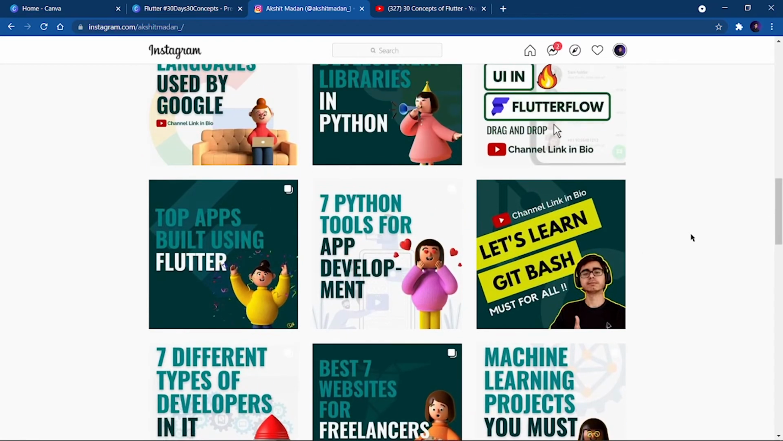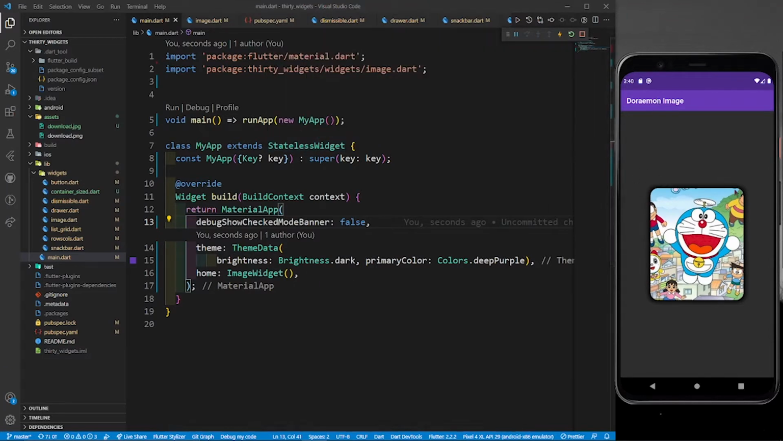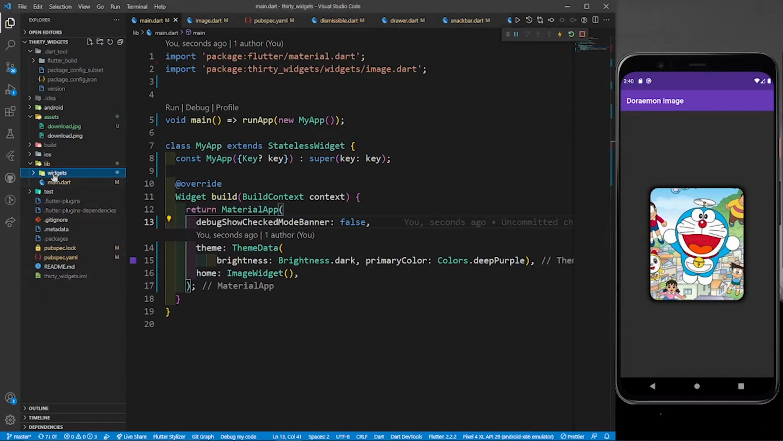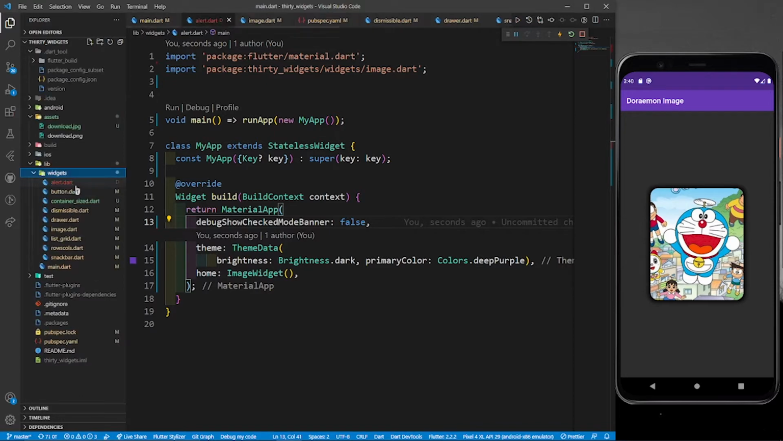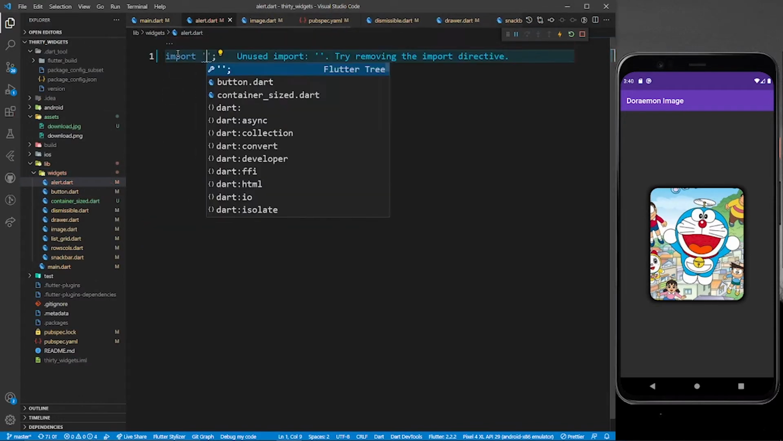So now let's go to VS Code and start coding. So now I am on my VS Code and in the last part we were learning about images. Now let's create one more widget file in this widgets folder and let me name it as alert.dart. And in this file, first of all, I'm going to import material.dart